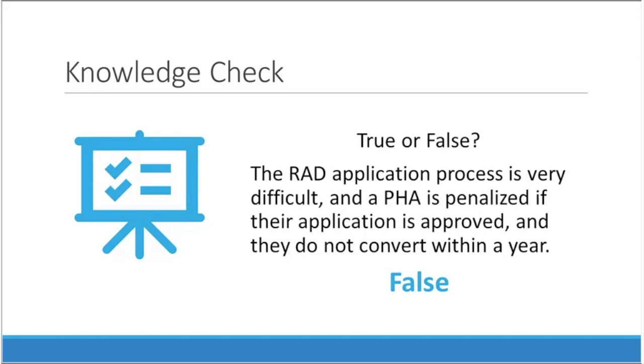HUD has intentionally made the RAD application process an easy barrier to entry. It's intentionally early in the development process. You'll need to have some understanding of what you propose to do. You'll need to have made a decision that you want to convert, that it's something that you fundamentally want to pursue as an option. But you don't have to have all the pieces clearly identified or clearly dialed in. So it's intentionally early so that you can